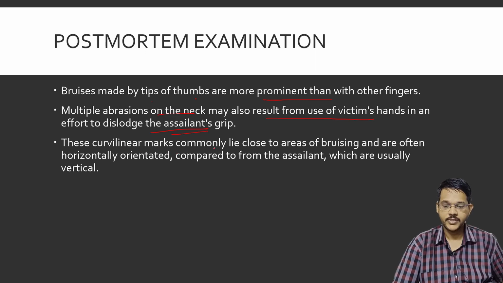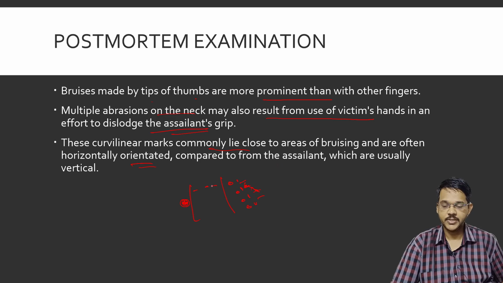These curvilinear marks commonly lie close to the areas of bruising and are often horizontally oriented. So if you see a neck with one bruise on the side of the neck caused by the thumb, and multiple smaller bruises caused by the fingertips, maybe four, there may be horizontally oriented nail scratch abrasions along this neck caused by the victim's nails, but the assailant's nails may also cause scratch abrasions, which may be seen vertically placed. So these are the vertically placed